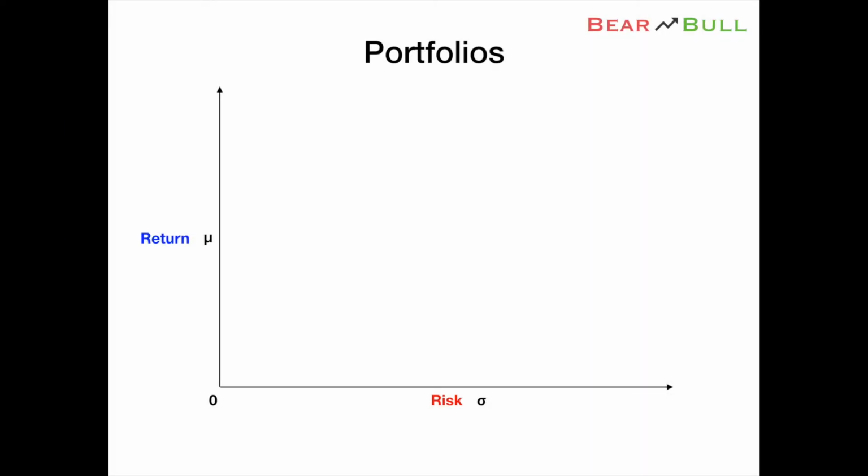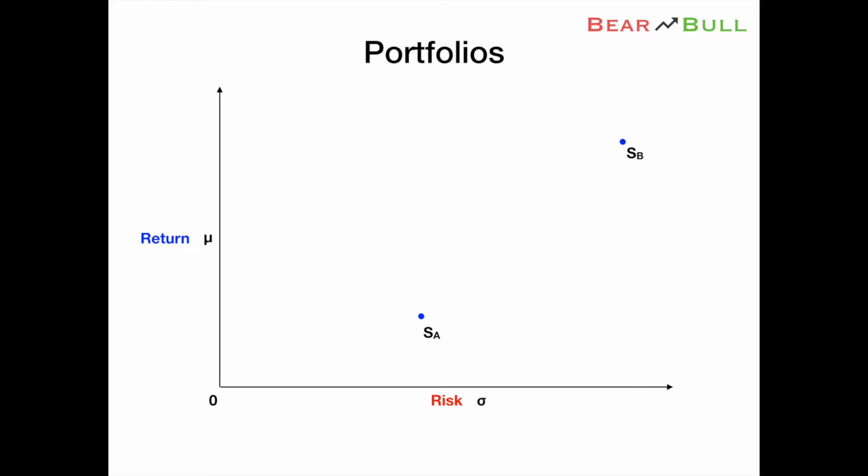Now that we saw how to compare assets by plotting them on a two-dimensional graph where the y-axis represents the asset return and the x-axis represents the asset risk, let's try to think about what would happen in a portfolio. Let's say we have stock A here and stock B here with a higher volatility and higher return. What do you think would happen if we start mixing the amount of money we put towards these two stocks